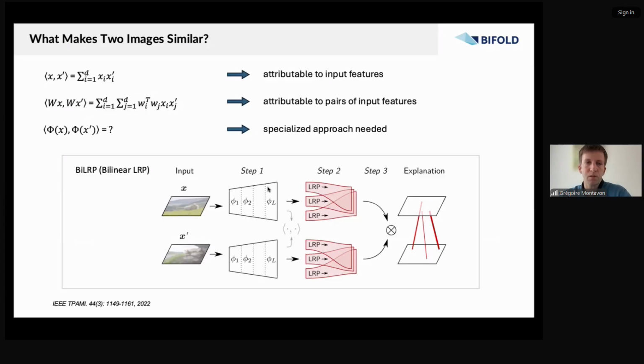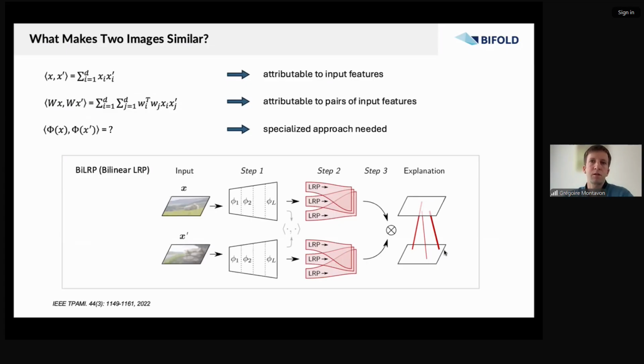And then how BiLRP works is basically to apply an LRP backward pass through each of the dimensions, each of the outputs for the two images, and then compute not a simple matrix product, but a product between the LRP explanations. And as a result, you get an explanation of size number of pixels times number of pixels, which you can display as a bipartite graph between the two images. So here you will have basically pixel-to-pixel matching, and here you highlight those that match the most. So basically, what pairs of pixels or what pairs of patches in the image contribute the most to the similarity.